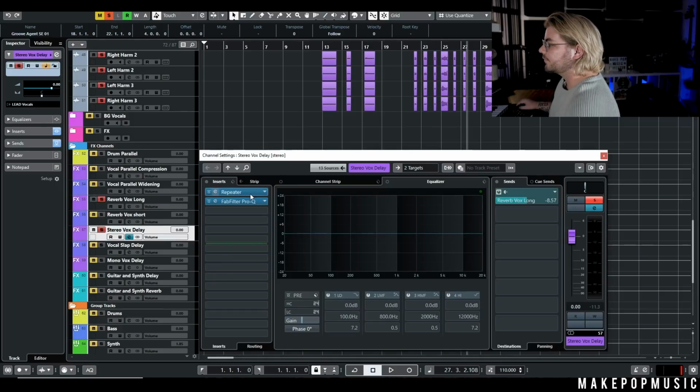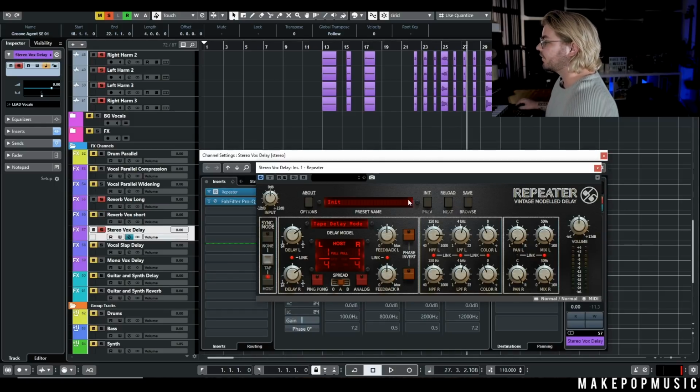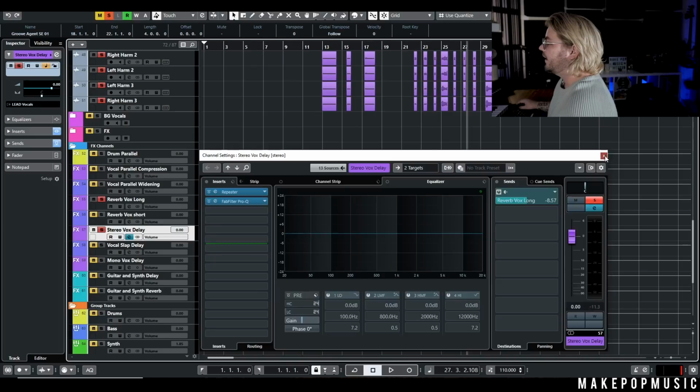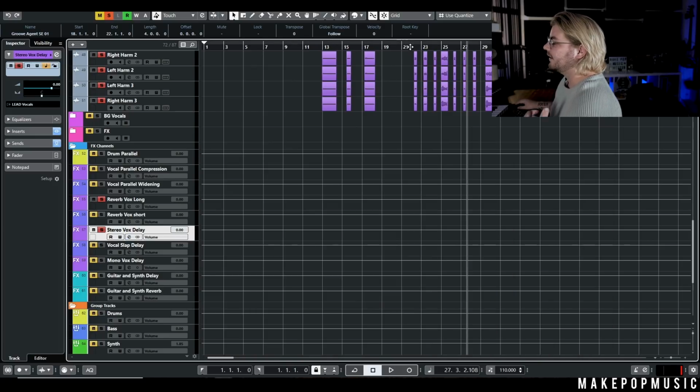And then for the delay on this, we actually swapped the H delay that we normally use for a repeater on the tape delay mode, and then just filtered that out as well, and then sent that to the reverb. And then that's just mixed with a slap delay, short room, and then the Roland